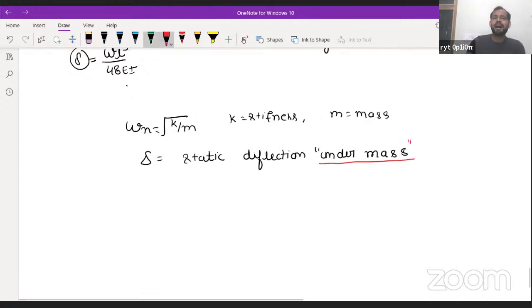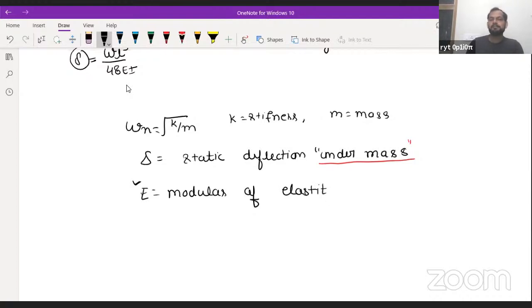And what about the I? When we use the formula, most of the time we will get the E. In that case, E is the modulus of elasticity that will be given to you, and you will deal with these terms only when you get a problem on the beam. E is the modulus of elasticity, and I is nothing but the area moment of inertia. The beam may be